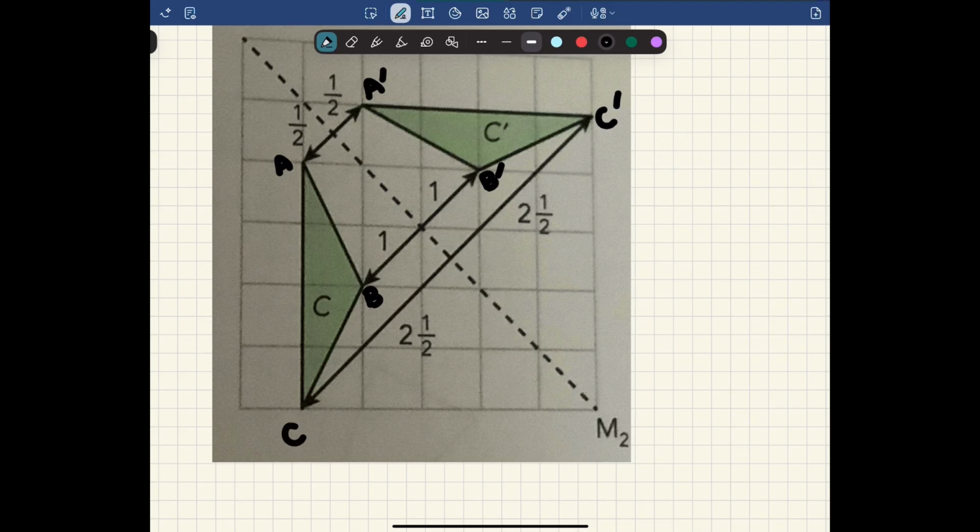So I hope that you are clear that if we have a horizontal line of reflection, we will measure the distance vertically. If we have a vertical line of reflection, we will measure the distance horizontally. And if we have a slanting line of reflection or a sloping line of reflection, we will measure the distance diagonally. Okay, let's do an example